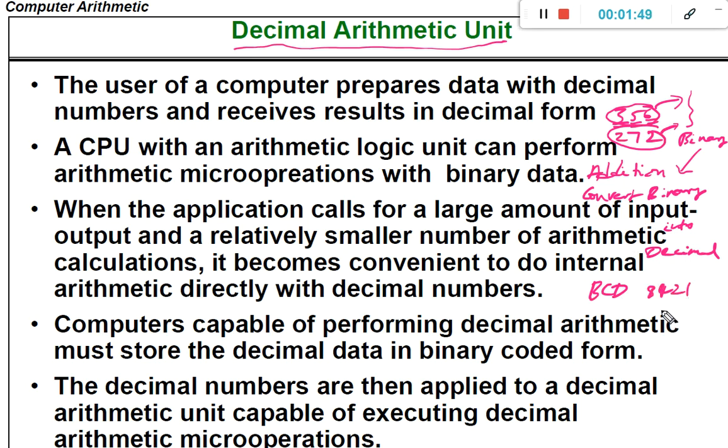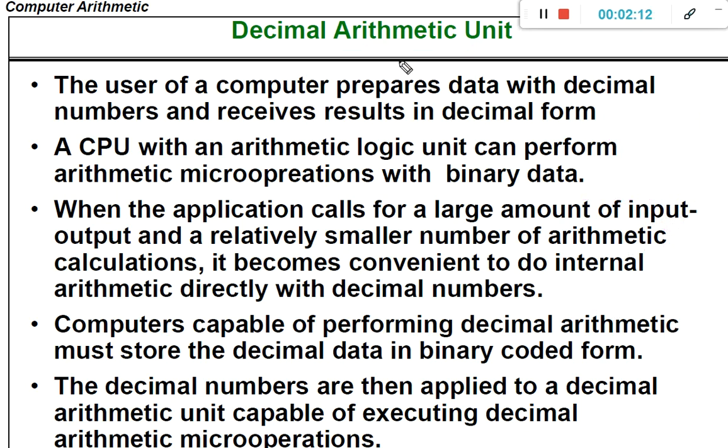Using this BCD or 8421 code, we convert each digit into binary and perform the arithmetic, and the result will once again be in BCD representation, so we can determine the result in decimal numbers. If that is the representation, we call it the decimal arithmetic unit.